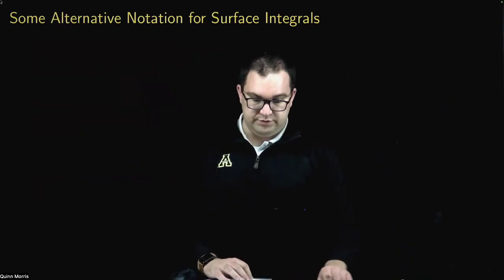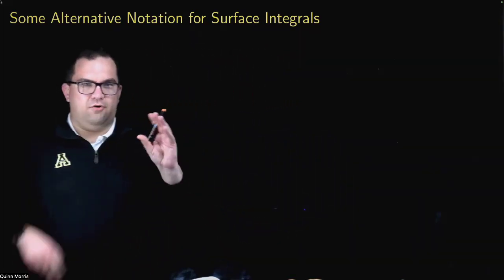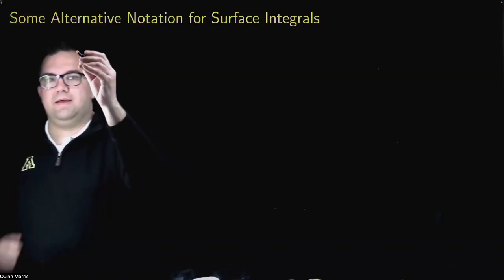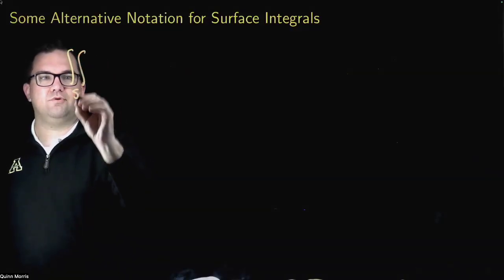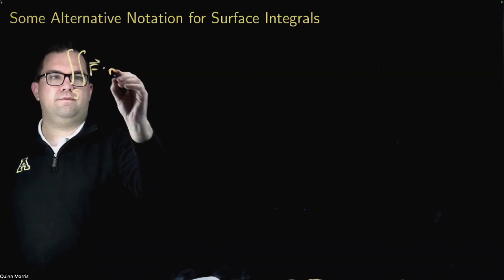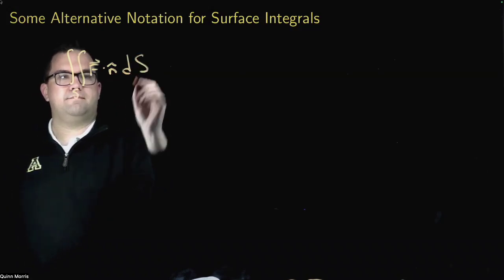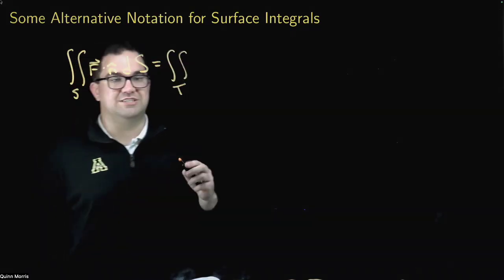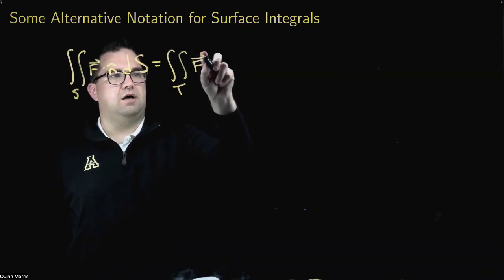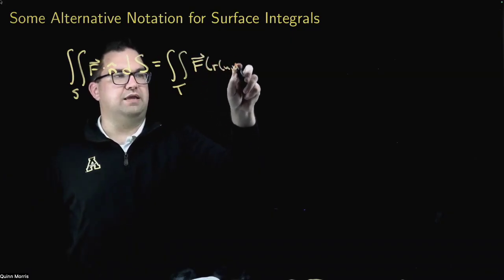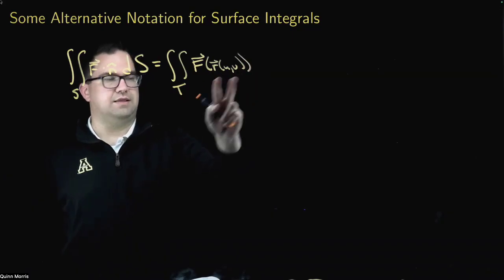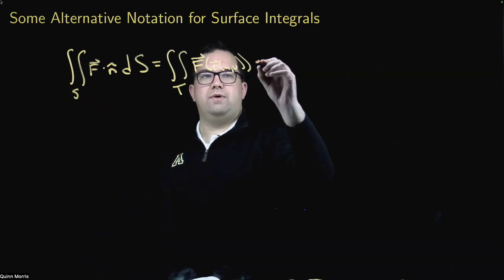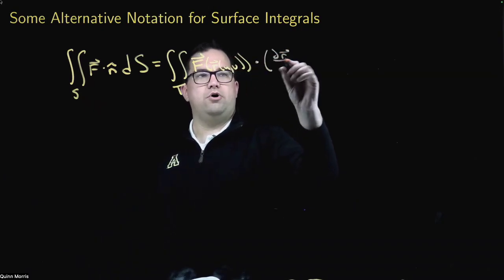So what we want to actually discuss first is a little bit of alternative notation for surface integrals. Before we delve into using that specific surface integral of the curl of F, let's think about what if I just have the surface integral of any vector field? Well, by definition, this is a double integral over some region T in the parameter space of F of r of uv. This r of uv is the parameterization of the surface, and then dotted with the fundamental vector product dr du